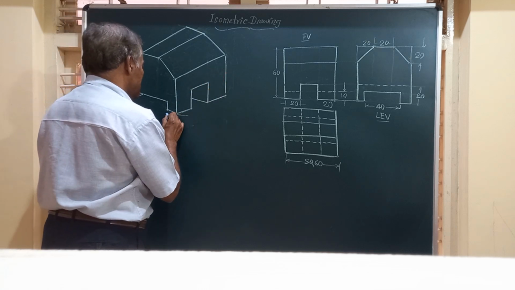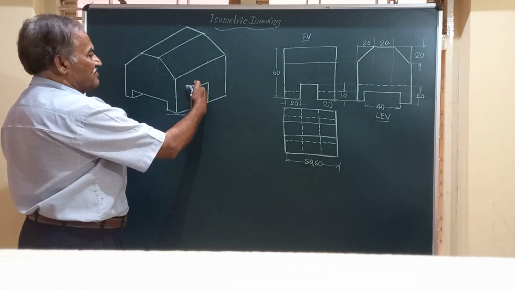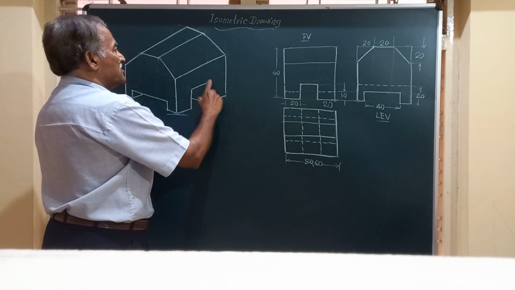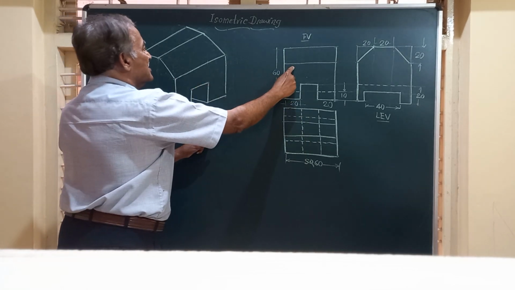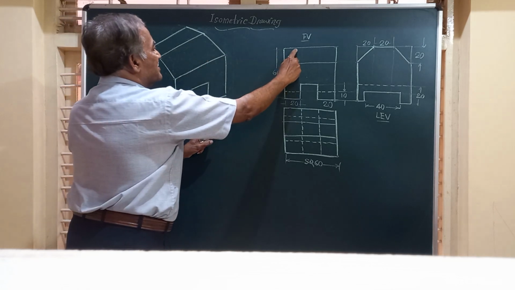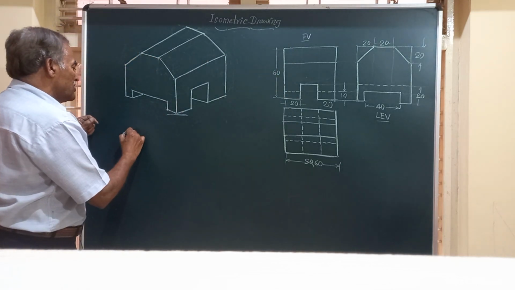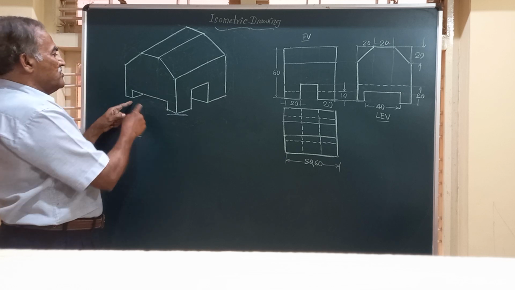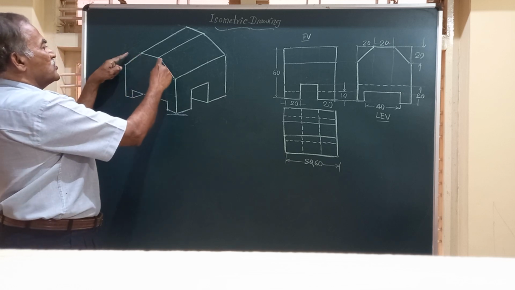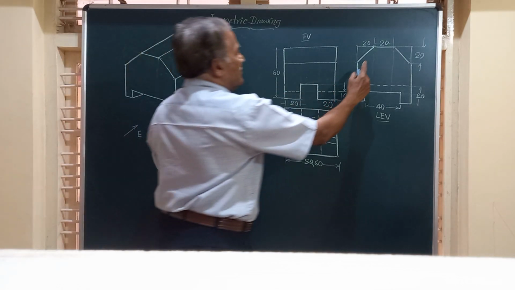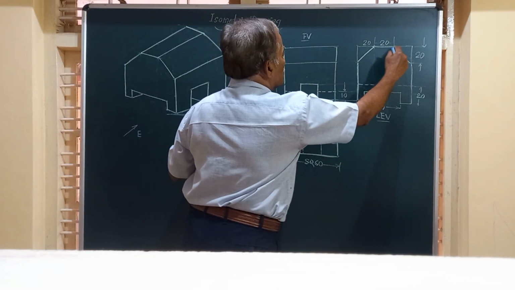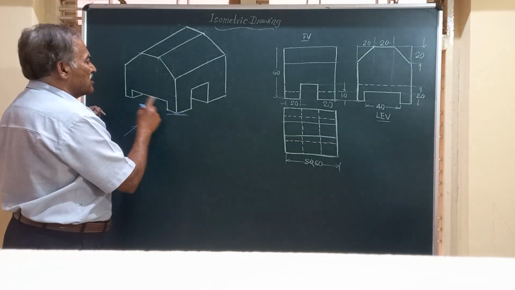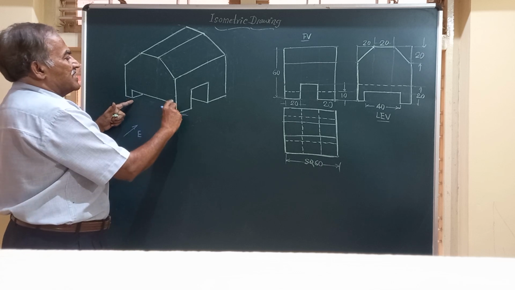Friends, so this is for the front view. You have to see from this side, wherein you get a slot, the square slot, and then you have this line for this, and this line is represented by this. Similarly, in the end view, you have to see in this direction for the end view, the left end view. So you will see a rectangular slot, two sloping surfaces, a horizontal surface, two sloping surfaces, and these two vertical lines with a rectangular cutout of width 40 and height equal to